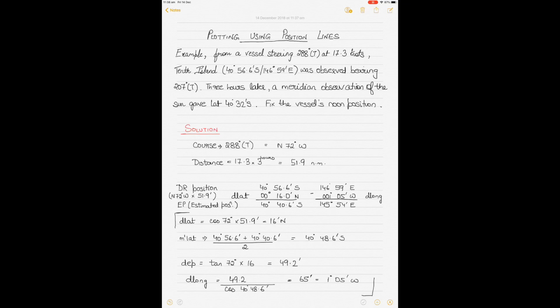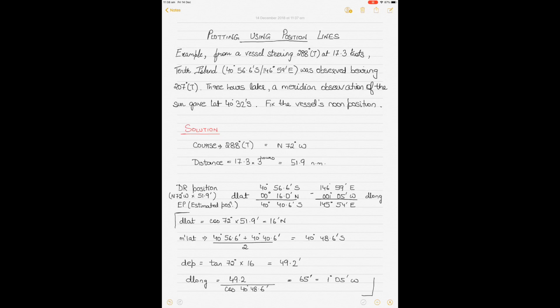Alright. So in the previous video we just learned how to calculate one position line, but in this video what we will learn is that if we have two position lines, and I'll use a couple of different examples to show you how we can get two position lines, and then once we get two position lines, what to do with those two position lines and how can we plot the ship's position at sea. Alright, so let's take the first example here. This example,